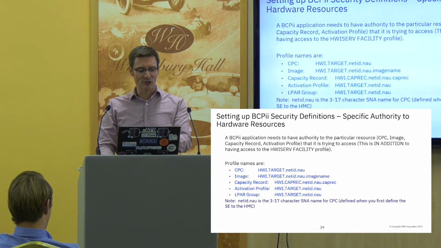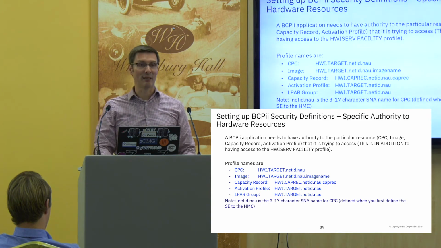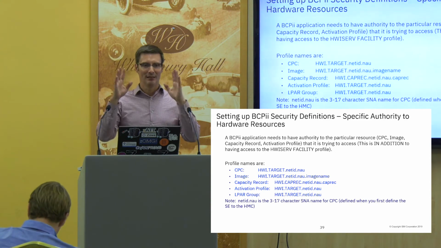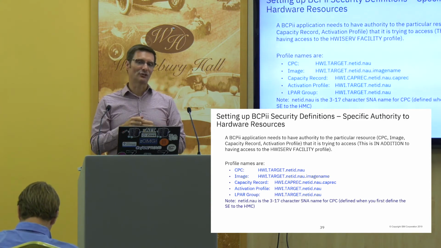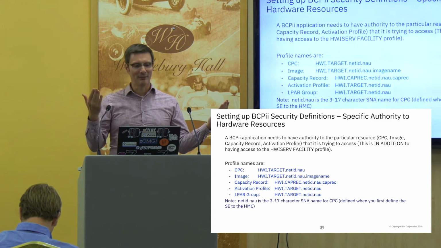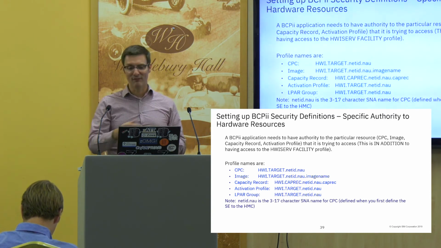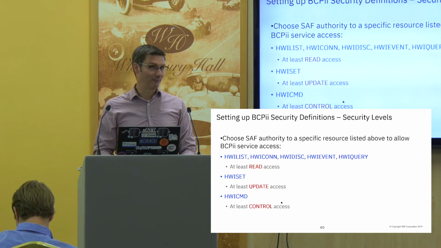In the case of images or LPAR authority, I'd say HWI.target.the name of the CPC.the name of the image. So if my CPC is called A.B, with a dot in between, and the image is C, I would say HWI.target.A.B.C,